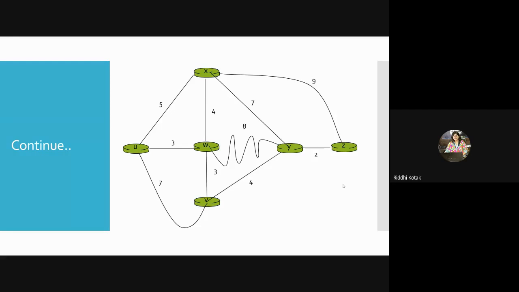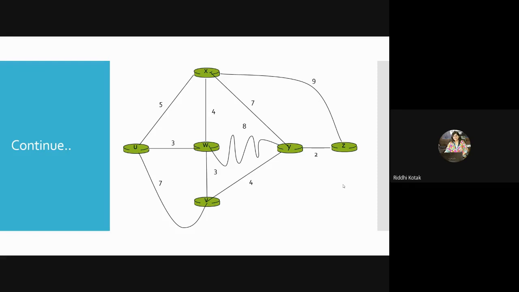So for the V node, V is the current node and we have to reach Y. So the first possibility is U to W 3, then W to V, that is 3, and then V to Y, that is 4. So 3 plus 3 is 6, plus 4 is 10. The remaining I think are maximum because we have checked before. Okay, so you have to update it. Make it 10 and the current node is V. So 10 comma V.